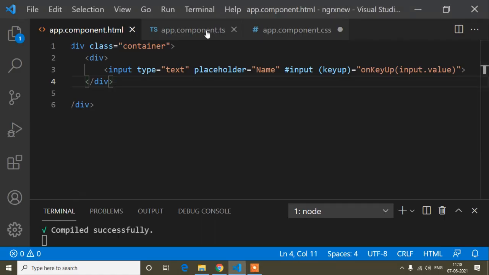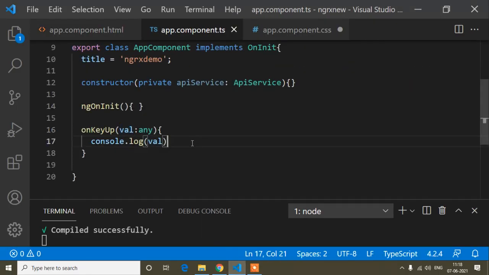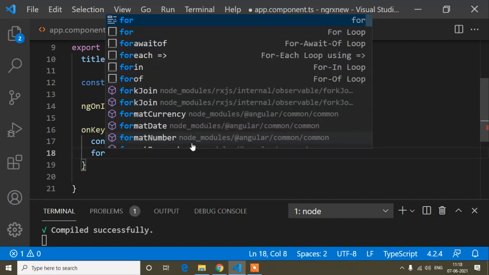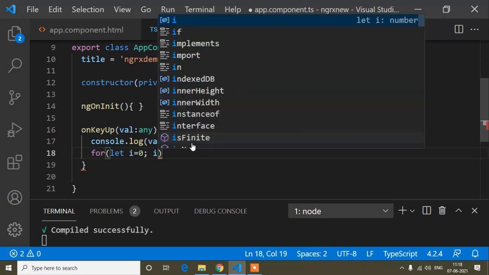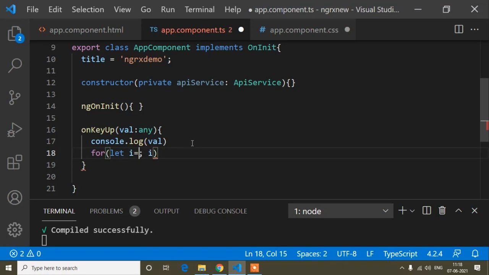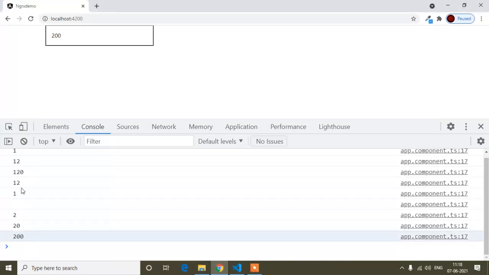Now, guys, I will do one thing: I will write the for loop. Here I will write let i equals 0. If you don't know how to write a for loop, you can watch my other tutorial. Here I will write i equals 1, so I will start from 1 and go up to the value.